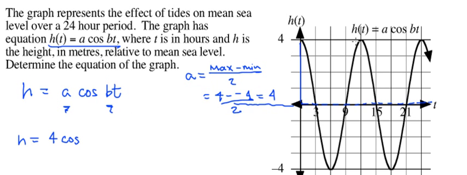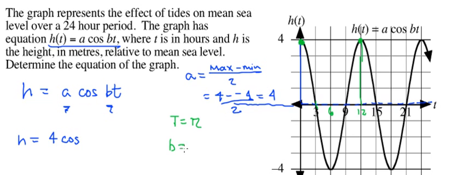Two choices. Well, I guess only one choice, sorry. The period for this is the time from where a wave starts to where that wave is complete. So we go down to a minimum, we come back up. Here is where the first wave ends and the next one's ready to begin. And how long did that take? 3, 6, 9, 12 hours. A tidal cycle is 12 hours long. That means our period is 12,